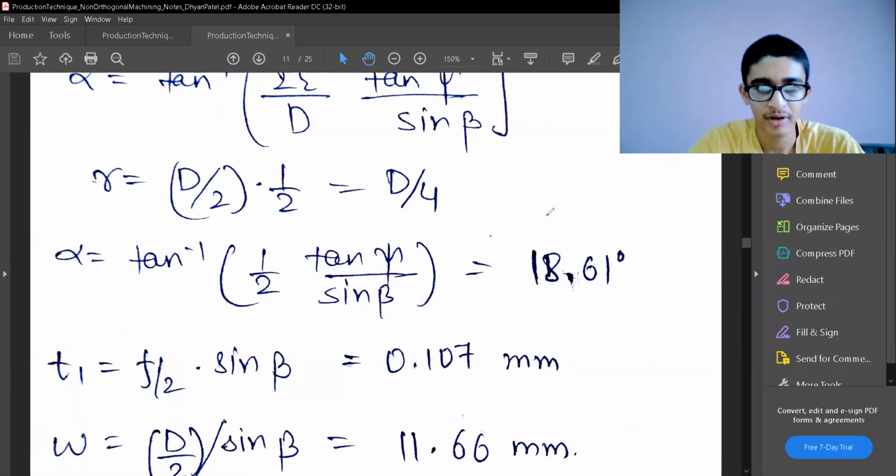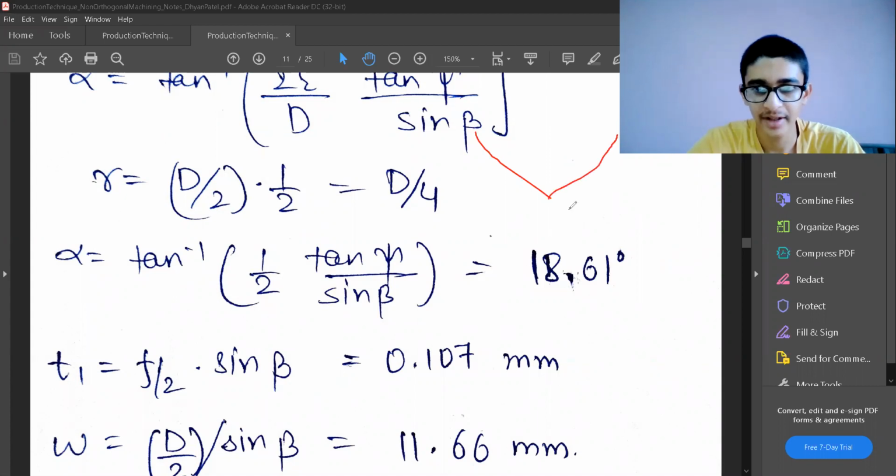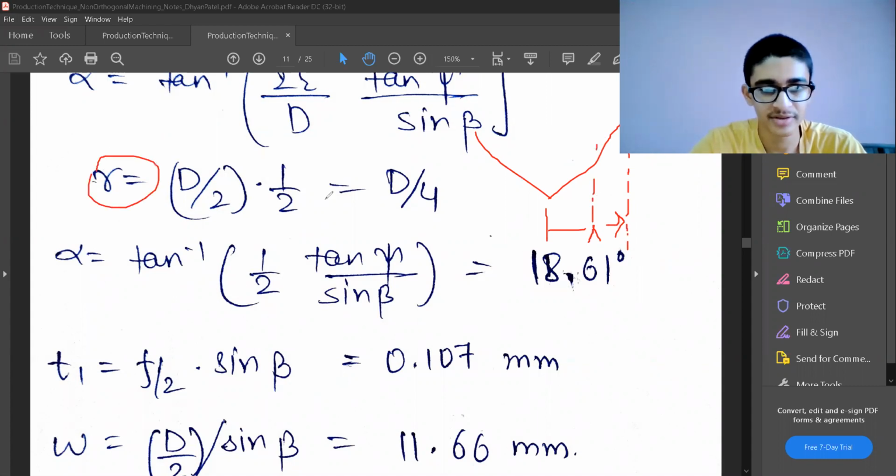So how have I got that? I have explained earlier how R is defined. It can be anywhere from this to this. So the average value will be the average of this length. So this is d by 2. Half of that length will be the average value of R. So we will use that value directly. The alpha value has been estimated.